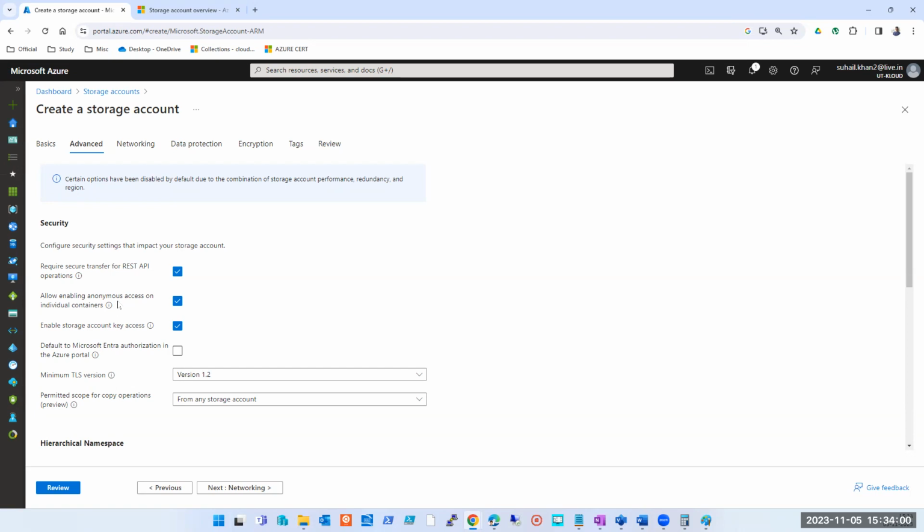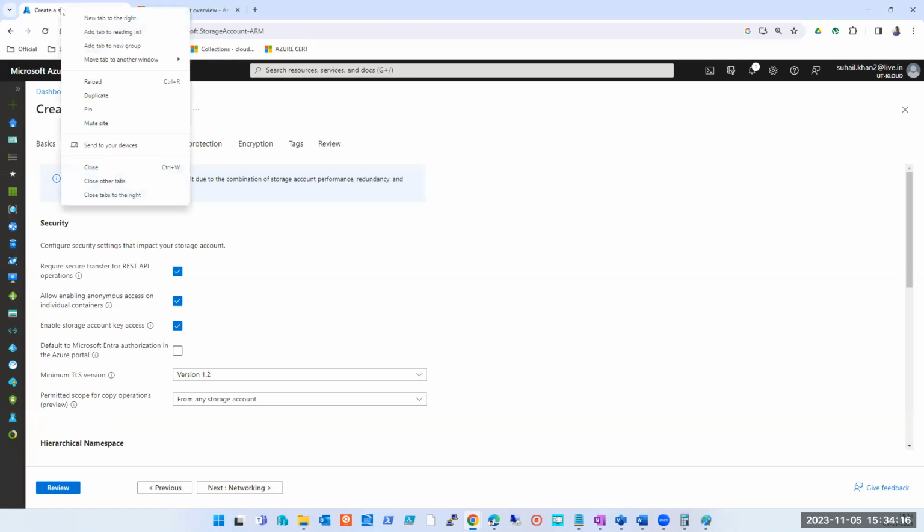If it needs to be available publicly, then you will check this. If your owner, or your application owner, or your client has asked you to do that, do it. If you don't do it, then we will not be able to share it. Like yesterday I was not able to share it, but today let me show it to you, how it makes a difference. If we check that, I went back to that storage account and I checked this.